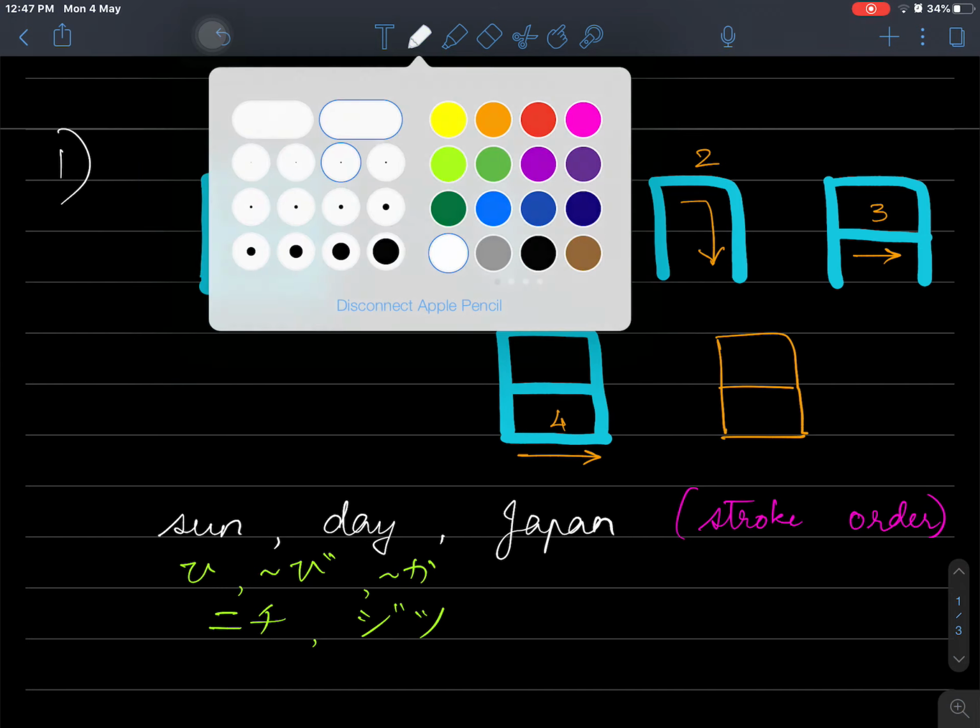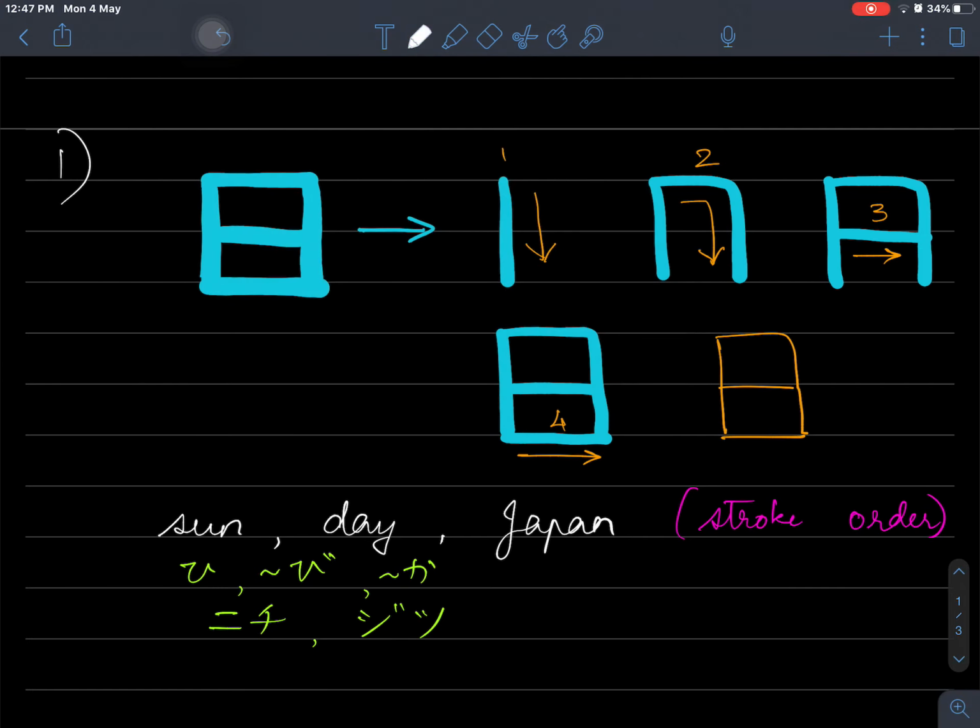Okay. One last time, please do not ask me why this is the sun. The sun is supposed to be round. There isn't any rectangle going through the sun. Why is the sun a rectangle with a line going through it? That's not a useful question. It's only going to slow you down.